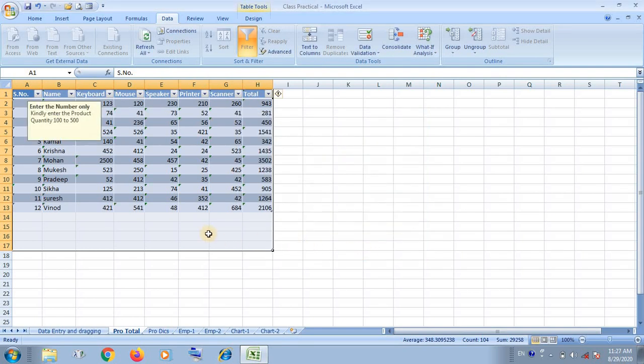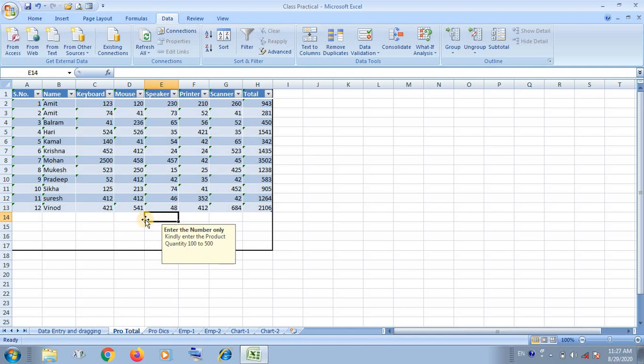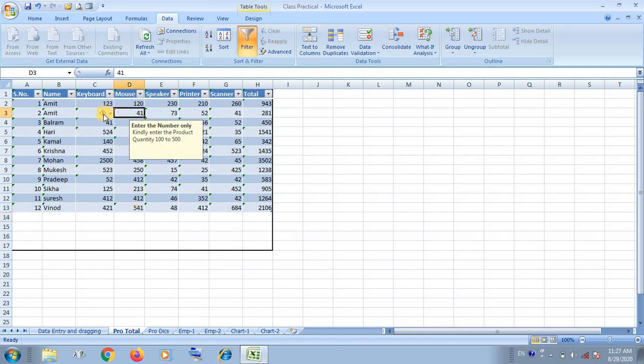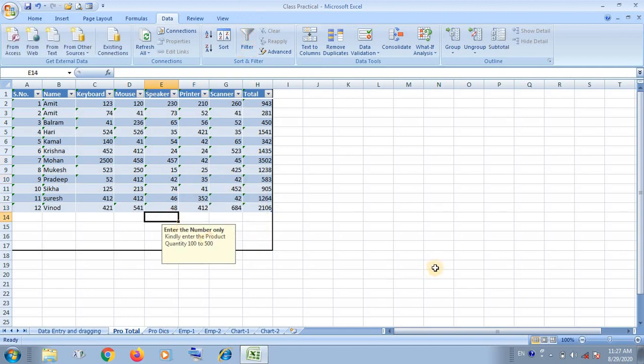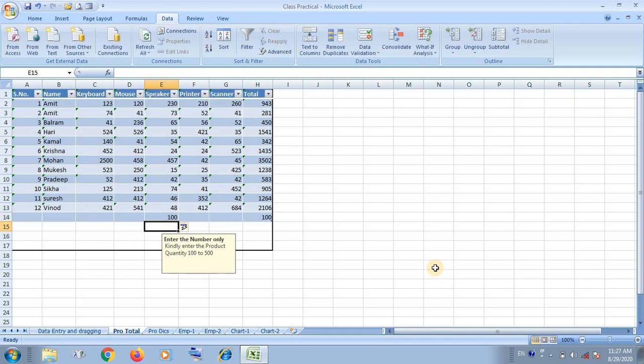Now you are looking here at the dots, which give all the green marks that are displayed here. It means these numbers are invalid. Suppose you want to enter the number 100, it will be accepted by the computer. If you enter 500, it will accept the entry.